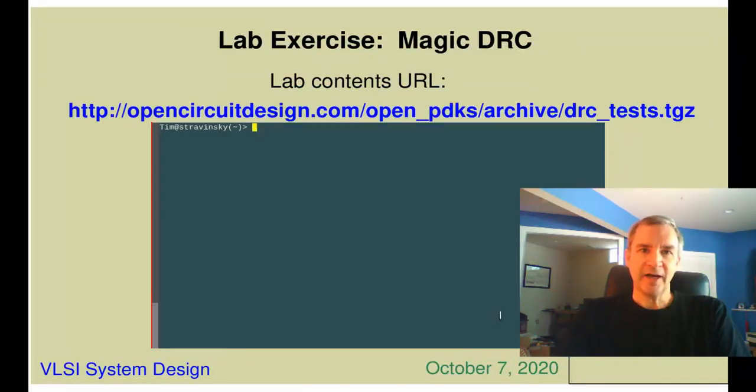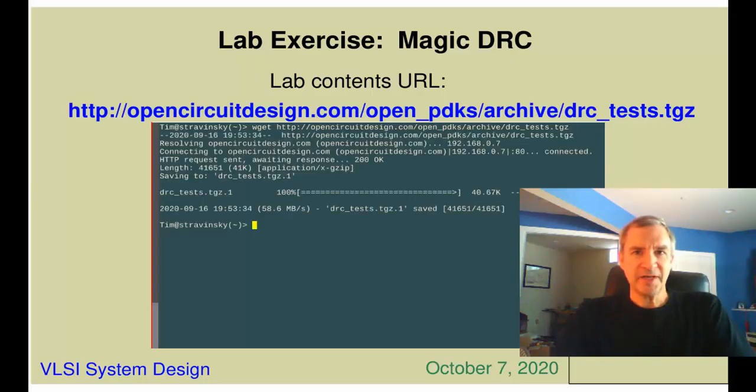In this slide, I have a pointer to where you can find the layouts done in Magic for the lab exercise, which should also have been provided to you as part of the lab. There are about 24 of these layouts, and they correspond to the DRC documentation, which I just mentioned. As is usual for design rule documentation, the rules are grouped together into sets and are generally sorted by mask